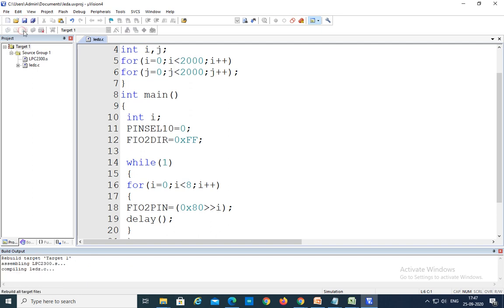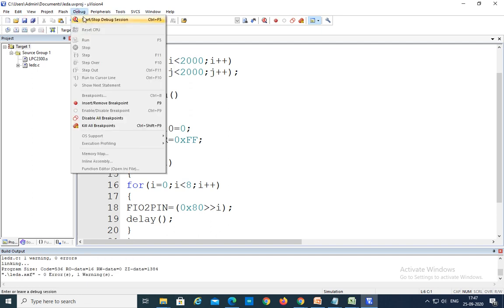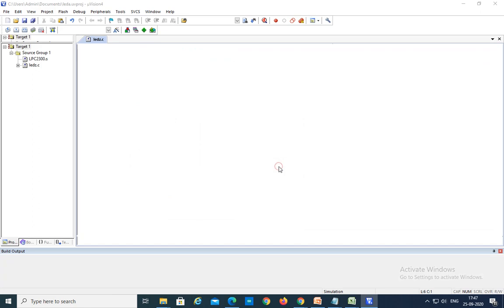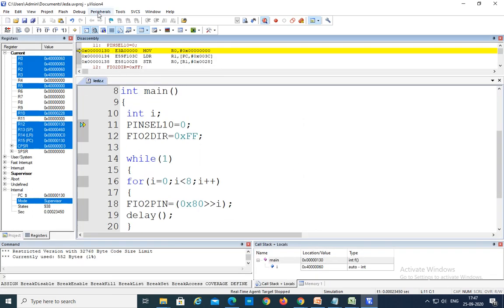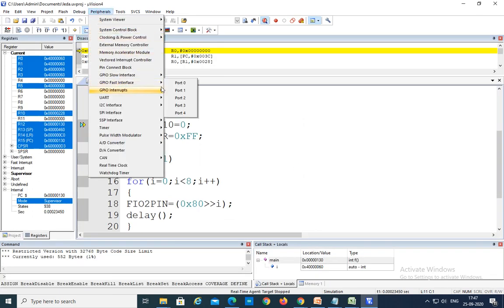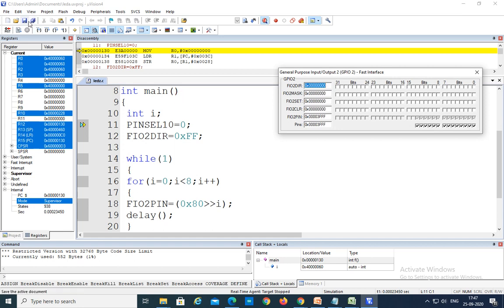Save, build, debug, start stop debug session. Now see here. So 7 to 0 means in the kit it is moving right to left. Previously I forgot to build.